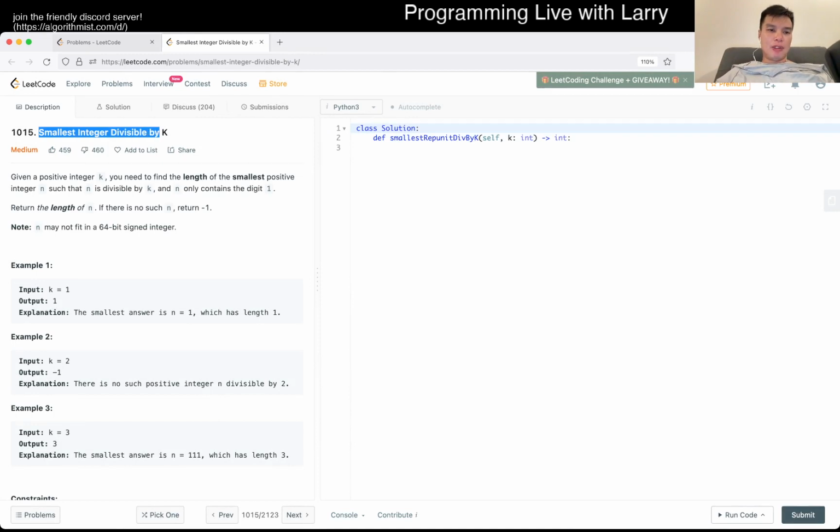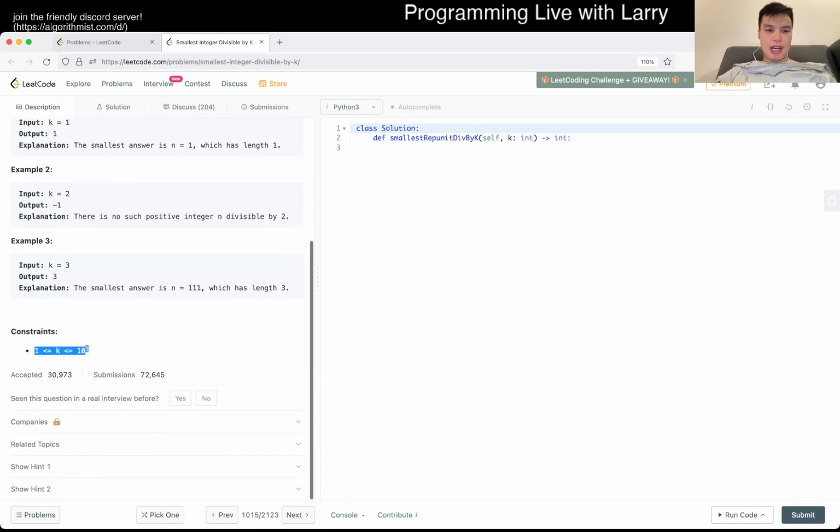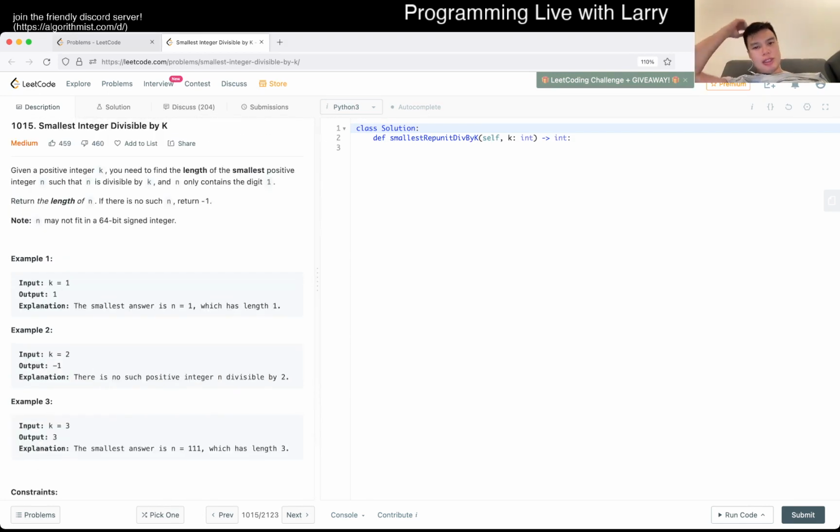Smallest integer divisible by k. What does that mean? Given a positive integer k, you have to find the length of the smallest positive integer n such that n is divisible by k and n only contains digit 1. Okay. Yeah, what is the bounds on k? Bounds is okay. So yeah, I think the idea here, and this is a problem that I've done